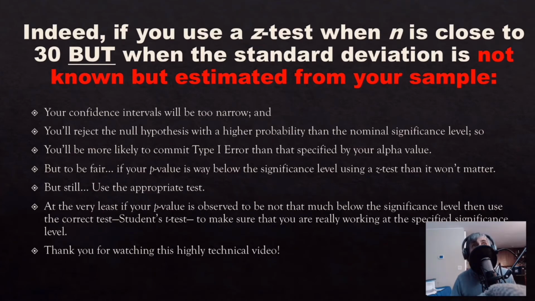But to be fair, if your p-value is way below the significance level using a z-test, well, then it won't matter. But still, use the appropriate test. And at the very least, if your p-value is observed to be not that much below the significance level, then use the correct test, student's t-test, to make sure you are really working at the specified